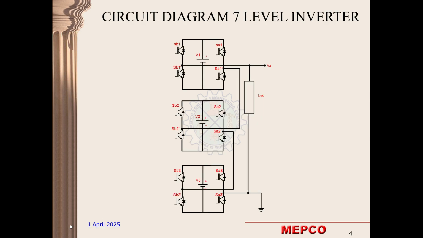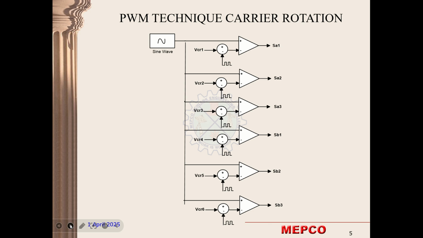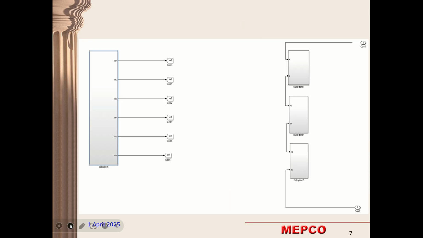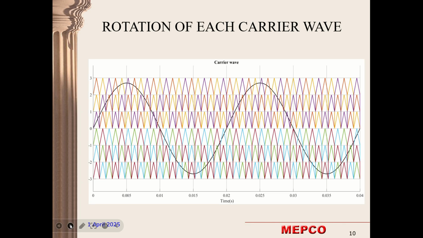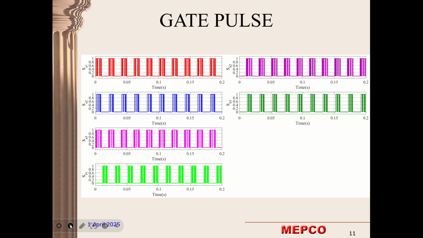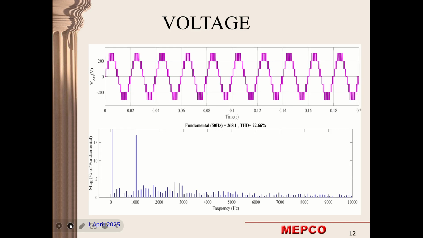Circuit diagram for 7-level inverter, and this is the PWM technique circuit diagram for carrier rotation, and this is our MATLAB simulation. This is CHP and then gate pulse production, and we rotate the carrier wave in a clockwise rotation, anti-clockwise rotation, and then within positive and negative group and separately positive and negative group. First we shift it by rotation of each carrier wave, and then we compare each carrier wave with the sine wave, and then produce a gate pulse, and then obtain the voltage THD of 22.66%